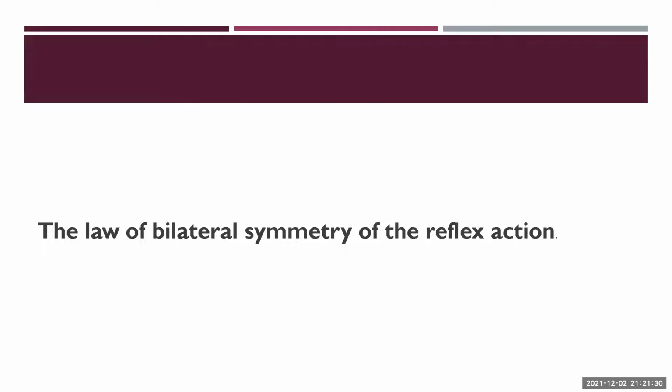So which means that if you're giving a stimulus onto the flexor aspect on the same side, the flexor muscles will be acting, and on the opposite side also the flexor muscles will be acting, right? Yes, sir. And he is saying that it is not confirmed in most of the cases, but he has given an example about the dog, that if we are stimulating the dog's hind limb on one side, the same action will be produced on the opposite side. But he says that in most of the cases that response is not seen.